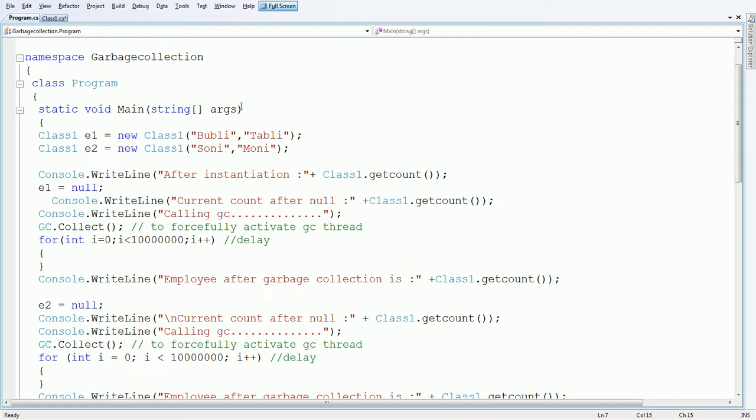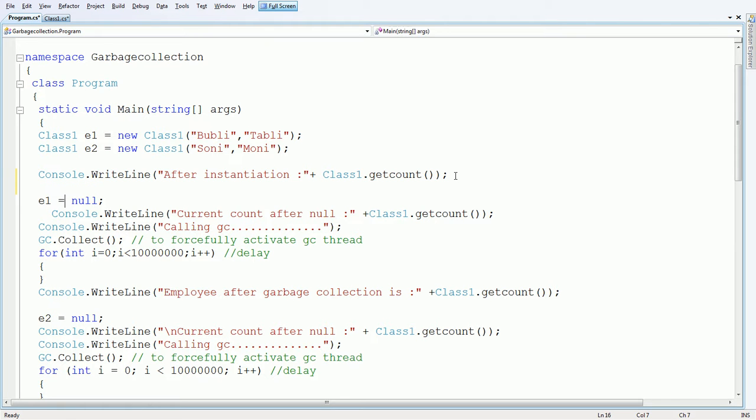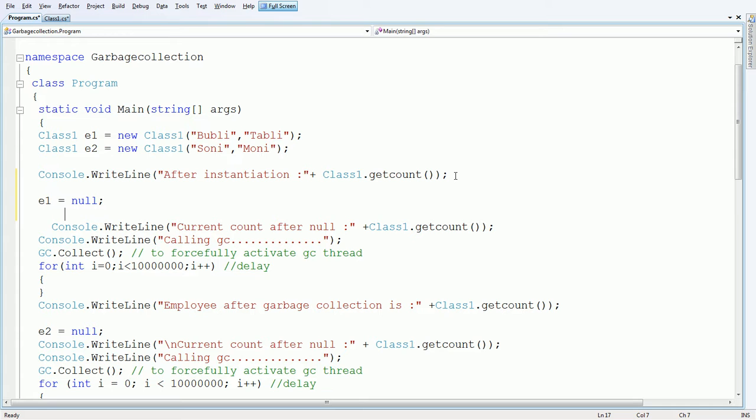Now here is the program. First declare object 1, that is E1, and object 2, that is E2. They have the values first name, last name, first name, last name. We have two objects here. After declaration of the objects, let us see the value of the counter, because within the constructor we have given an increment to the counter. But if you want to remove the first object from memory, then simply mark the unwanted object as null.